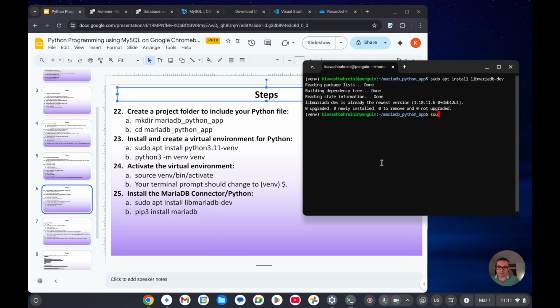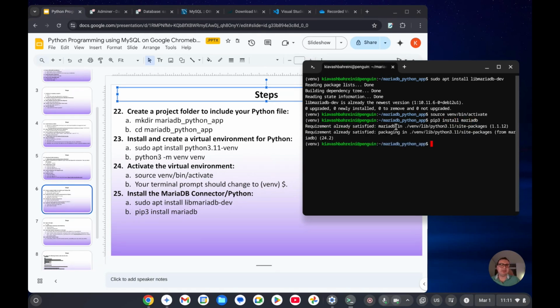So we say source and then the virtual environment /bin/activate and press enter. Now we are in the virtual environment, and then now it's time to say pip3 install